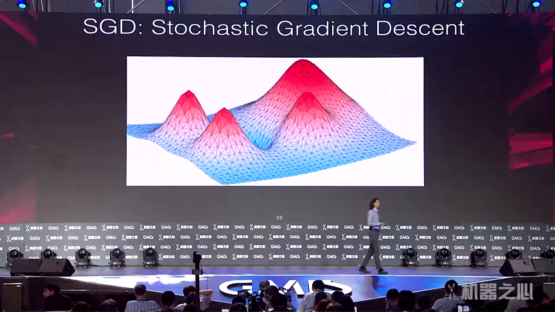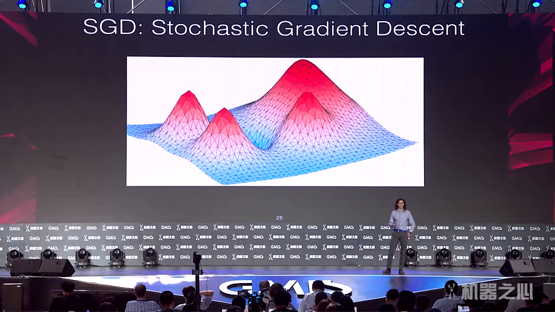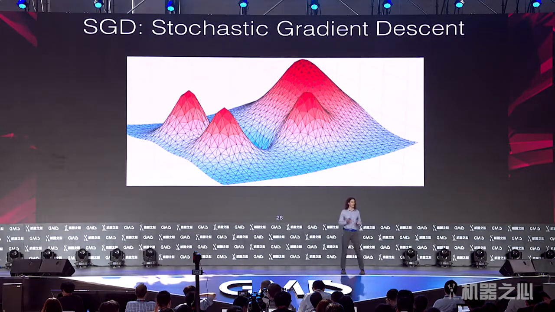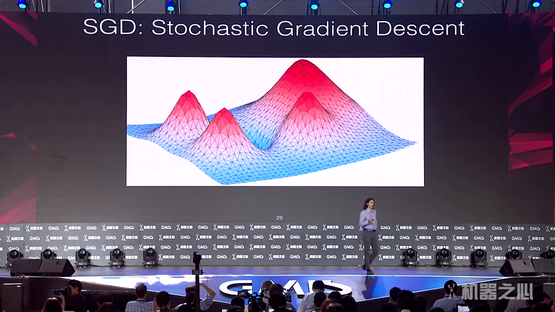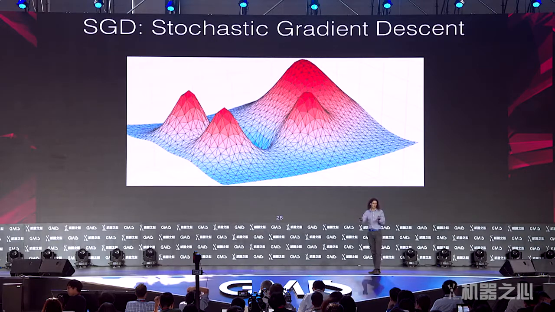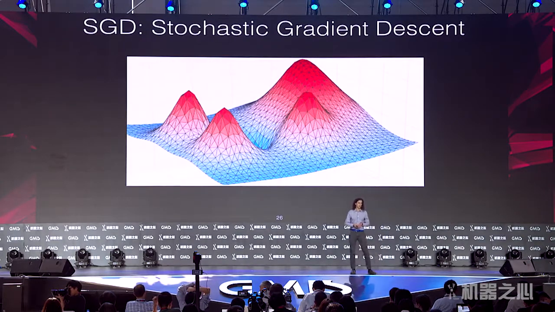So to understand that, let's talk about SGD, stochastic gradient descent, which is the algorithm that's almost always used to train neural networks. So to visualize SGD, we're going to look at this loss surface. And here, higher on this loss surface means larger errors and a less accurate network. And so we're trying to find our way down to the bottom of these valleys, where the neural network is